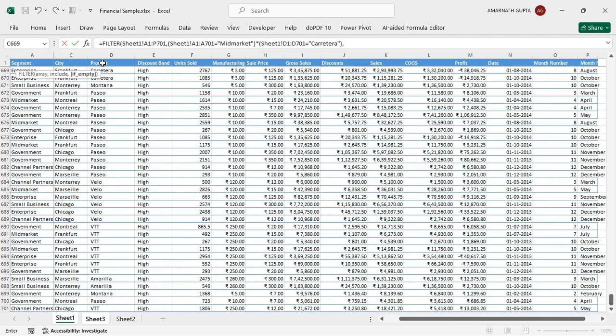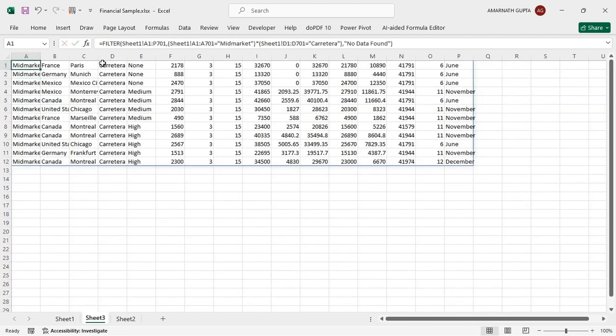And our third part of this formula is optional. So we write in double quotes no data found, and then close the double quotes and bracket, and hit enter. You can see this formula now displays all the rows where the segment is mid market and the product is